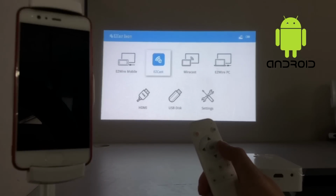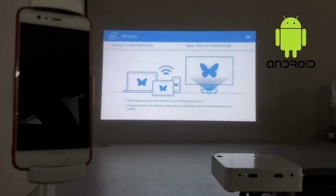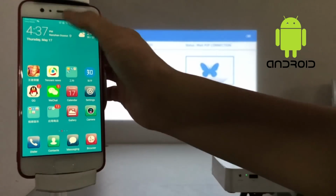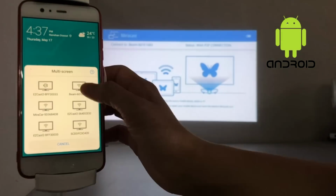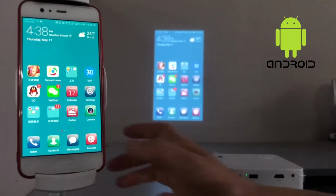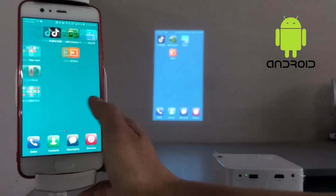The second way to mirror your Android phone contents is through Miracast. Select the Miracast function on your EZCast Beam projector, then find the Miracast feature on your Android phone to project to EZCast Beam. Now, everything you do on your Android phone, including games and movies, will be mirrored on your projector for a better